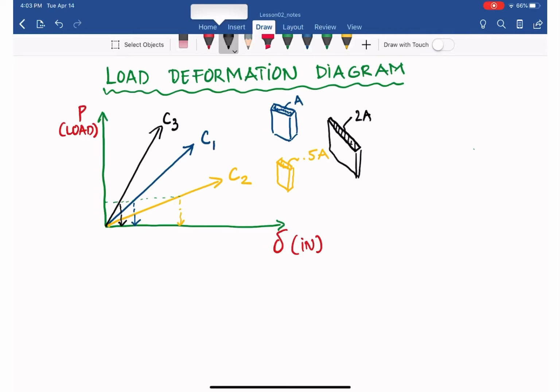So as you can see, even with the same material, the deformations are not the same, because the geometries are not the same. So from that, the disadvantage of this load deformation diagram, I can write down here, is the disadvantage of this load deformation diagram